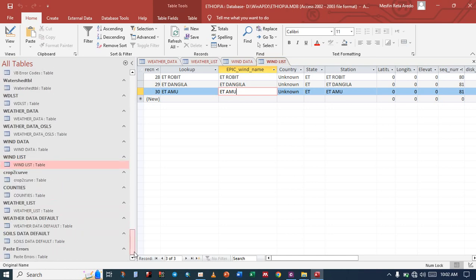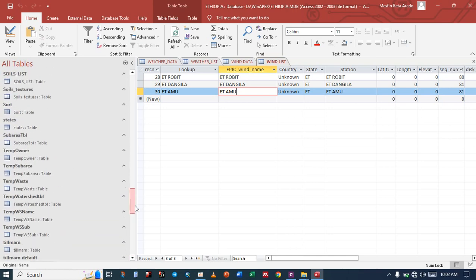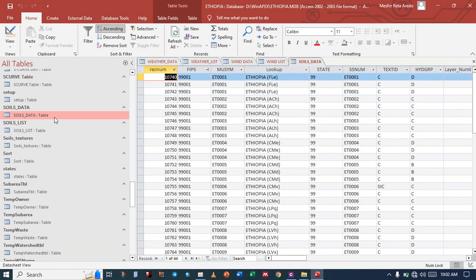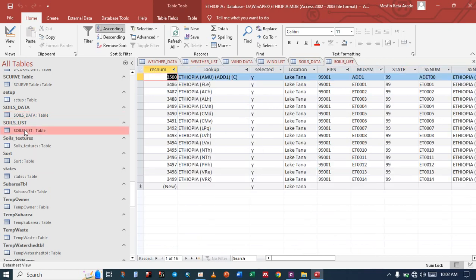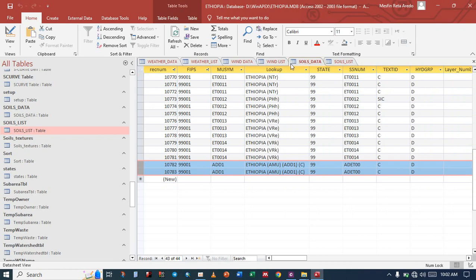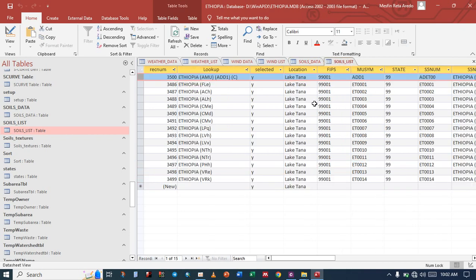Okay? And we need to provide this naming into the list of soil here. So make sure it is available here, and the name should be the same as the one available here. That's all we do to connect the soil and the weather. If you are done with this, you just close the database